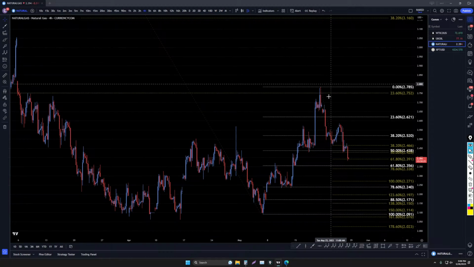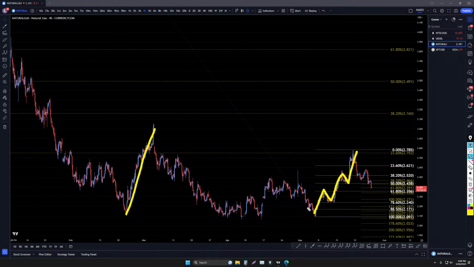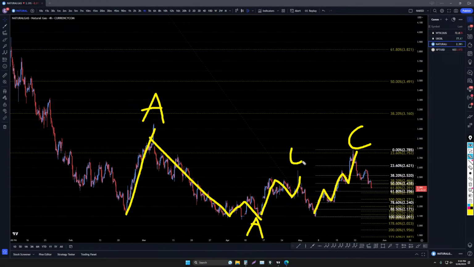Probably ABC, or this right here is the ABC, which I think could be possible too, because this is definitely a trend, and this is definitely a trend. So those are definitely 2 very clear trends. That could be an A, this could be a C, and this is a trend also. And yeah, actually, now that I look at it again, that probably is the case. That's an A. This is 3 waves up for a B. This is a downtrend for the C. So yeah, I think I got it figured out now.